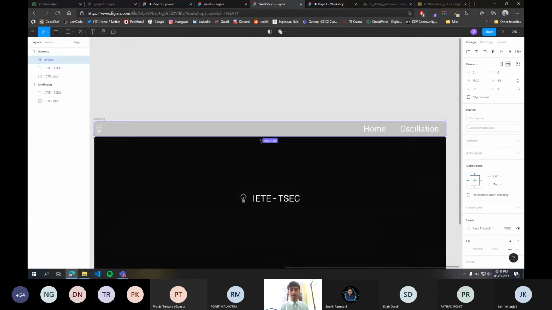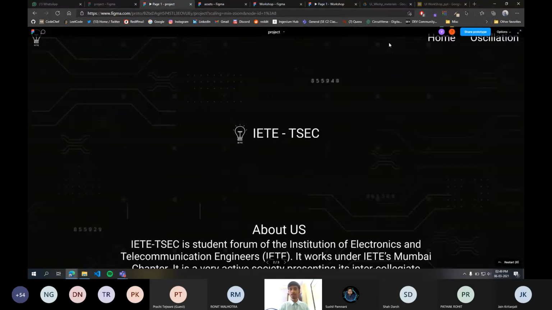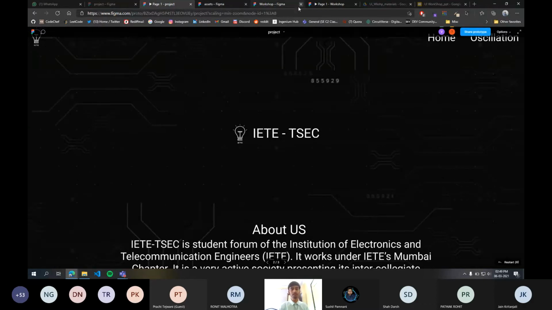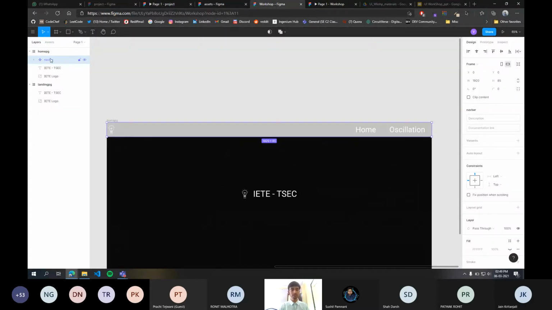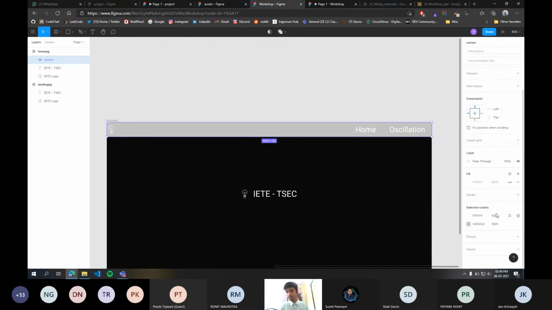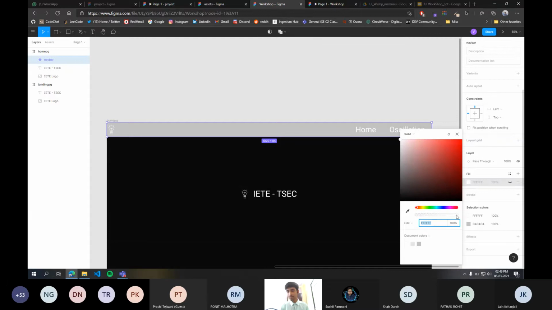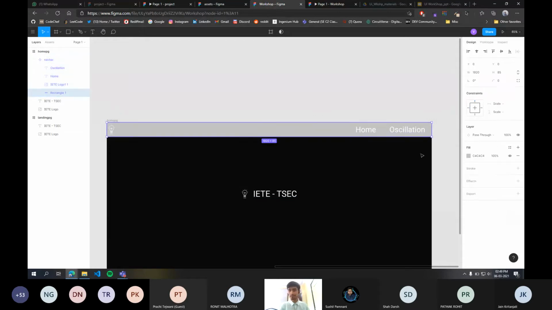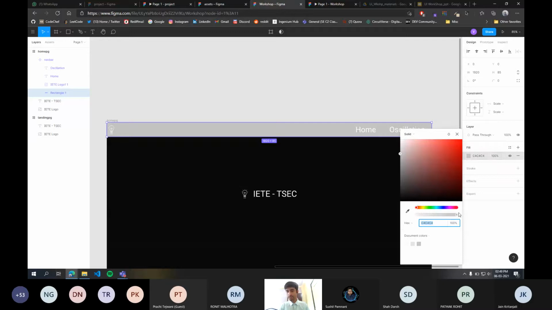Okay, now another thing is that in our prototype, this navigation bar is transparent, as you can see, the background is completely visible. So we'll select this navigation bar from this layers panel. We'll scroll down a bit. We'll find this fill property, click on it, and there is this second scrollable input field that you can see. You can just decrease its opacity, or increase its transparency. So just extend the nav bar and click on this rectangle and make it transparent. Okay.